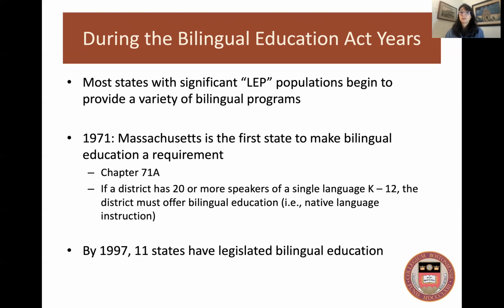If a district has 20 or more speakers of a single language within K through 12, the district must offer bilingual education, for example, native language instruction in addition to English. So this is very significant because that led the way for other states to adopt similar rules and policies. However, some districts in some states would ask for 20 or more students to speak the same language in the same grade. So that became less of a predictor for bilingual education, but a little bit more feasible for the schools. And there are other states where, even when you have 20 speakers of the same language in the same grade, they still get away with not offering bilingual education because of the way the law is written in each state. So by 1997, 11 states had